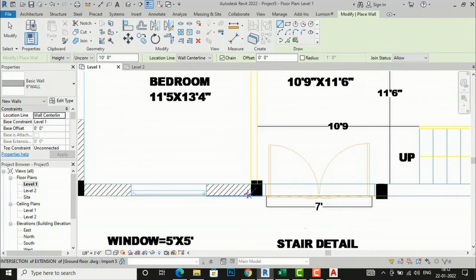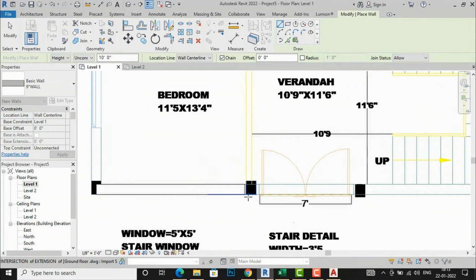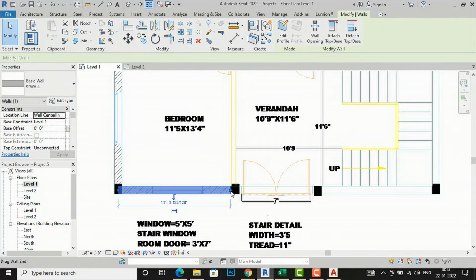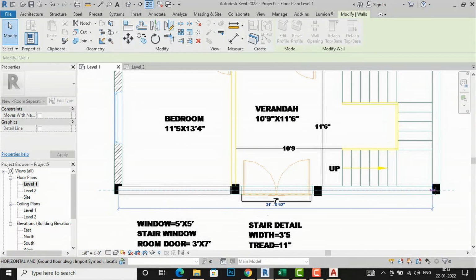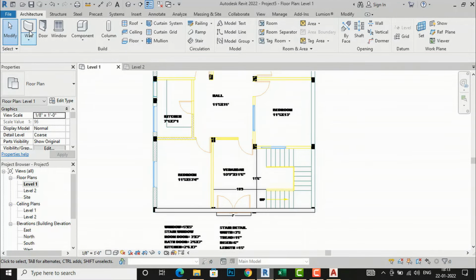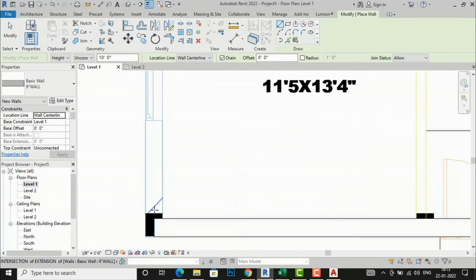And now I will find the center of this AutoCAD 2D, and I will start tracing this. So I will make a detailed video on this, so you can see this is the wall which I have traced. So you can simply drag this to this corner, and you can also use this wall again and find the center line of this wall,